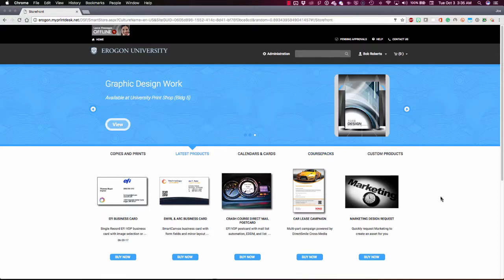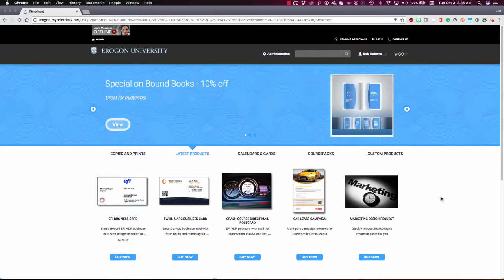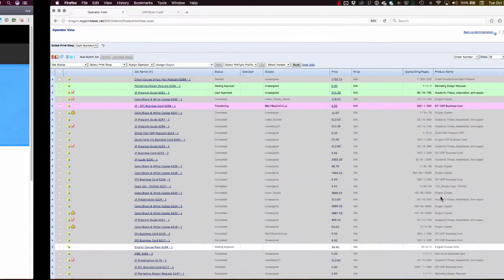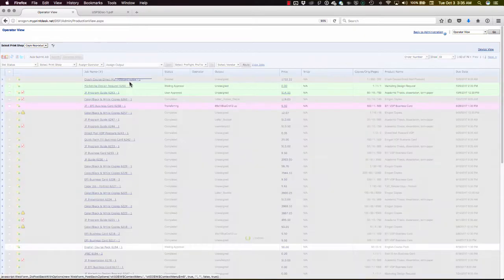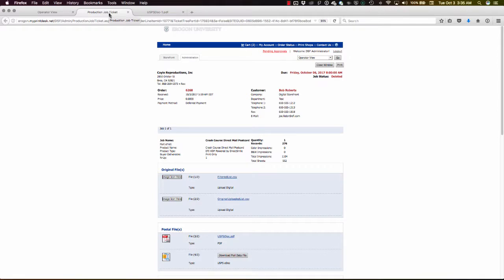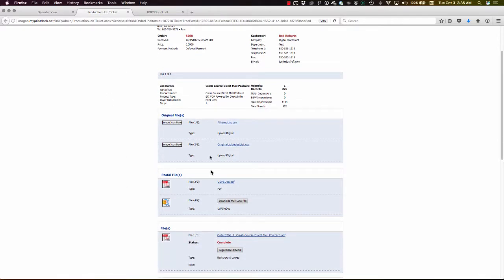And now let's go look at what this looks like on the production side of things. Let's change hats and now move over to the print shop and slide over to the operator view in Digital Storefront. And here at the top of the list, I'll open up the job ticket for this order that was just placed. And here on the job ticket, we see not only do we have the filtered list as provided by AccuZip, but we also have the